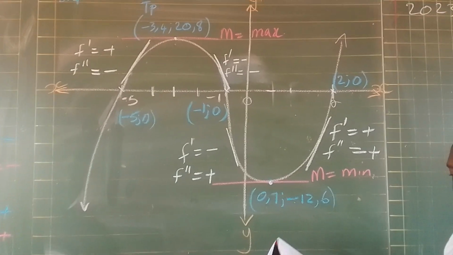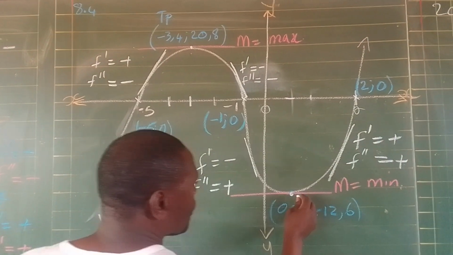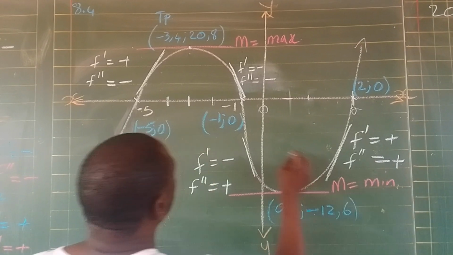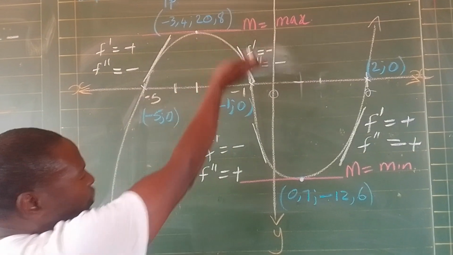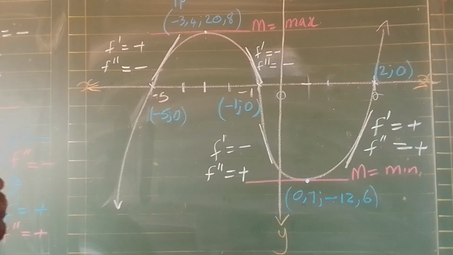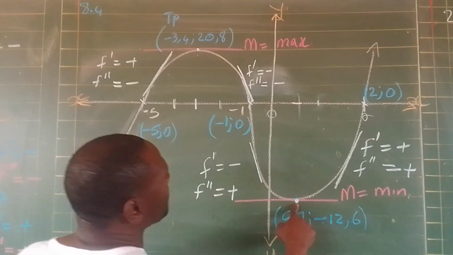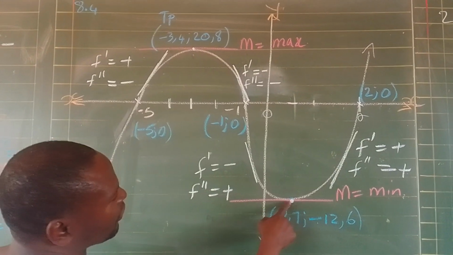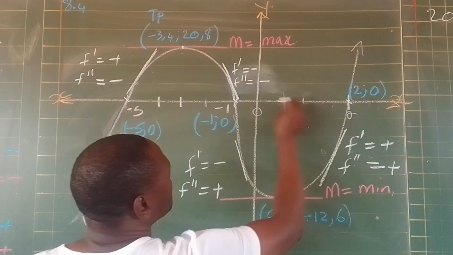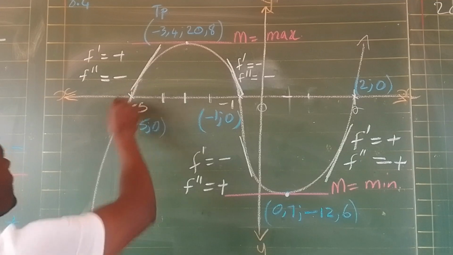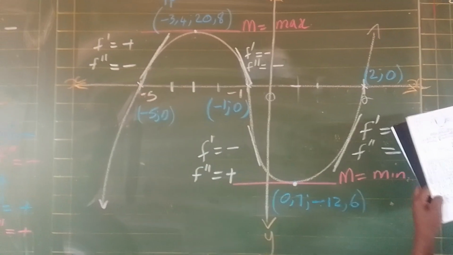And then you go into the next question, 8.5. Remember, you must show the minimum. Our gradient here is minimum because we are going to use it to answer the question, because they are saying you can use your graph to answer the following questions. So you show that this is maximum, this is minimum, this is our first turning point, second turning point, x-intercept, x-intercept, x-intercept. Now to go and answer question 8.5,